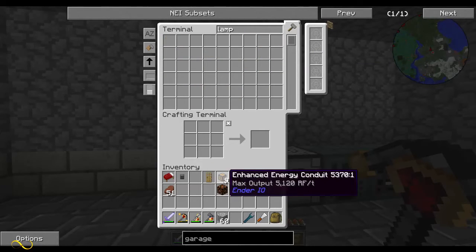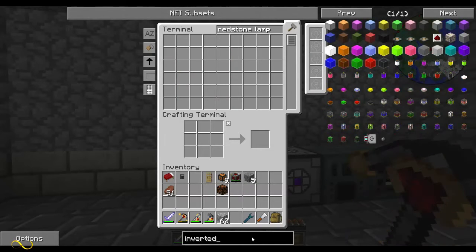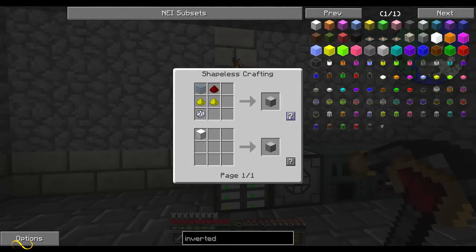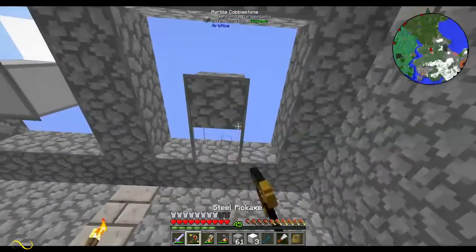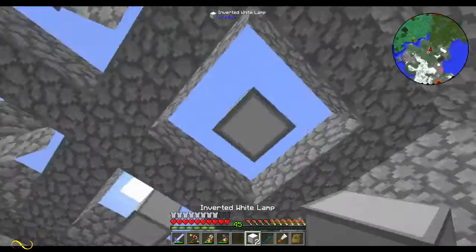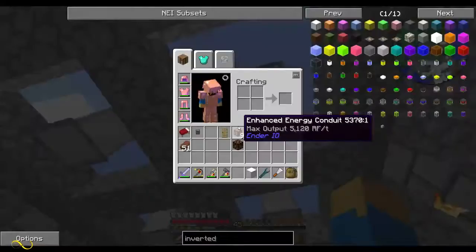Actually, I kind of want to go back to the old spot and get those lamps. You know what? No, forget that. Inverted. Let's keep this sort of bleach white look. So these are from Artifice, and they're basically the best crafting recipe for these kinds of lamps that I've seen. So we're using quite clear glass. I'm really hoping those actually provide light. I can't wait for it to be nighttime. Quite clear glass from Ender IO, little circles, and hopefully this will...